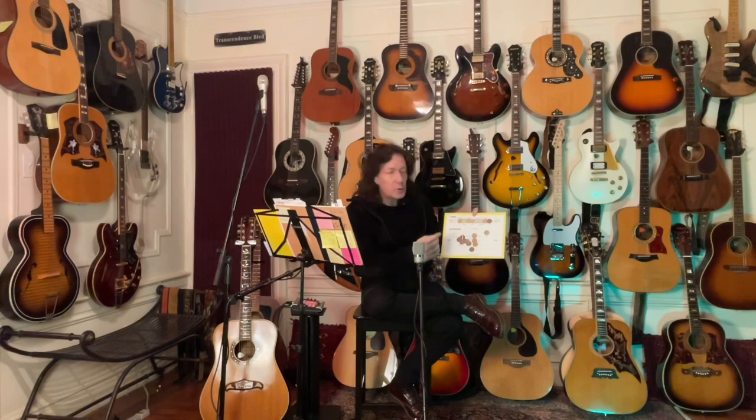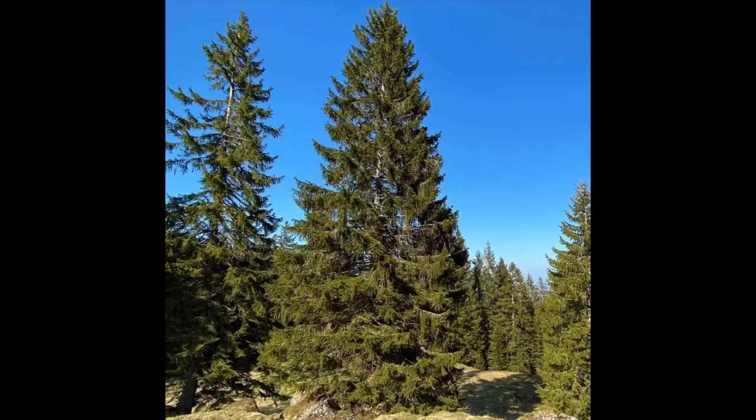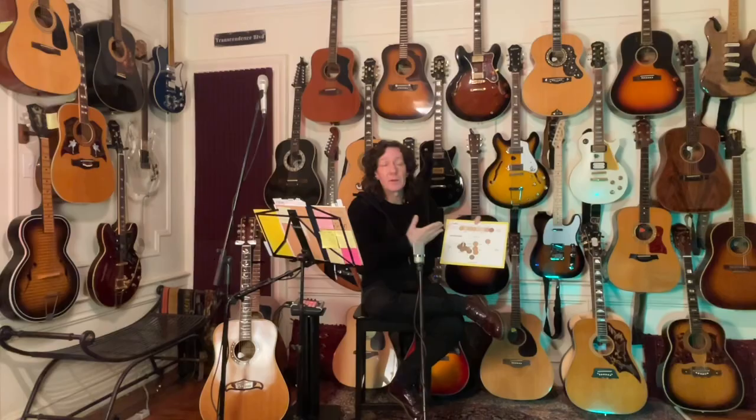Now, real quick, because this chart does cover top woods, I told you guys in episode 1, for the most part, top woods are some form of spruce. They really are, without even looking at it. Sitka spruce, Engelmann spruce, Adirondack spruce, some kind of spruce is usually what's used on the top. Classical guitars,